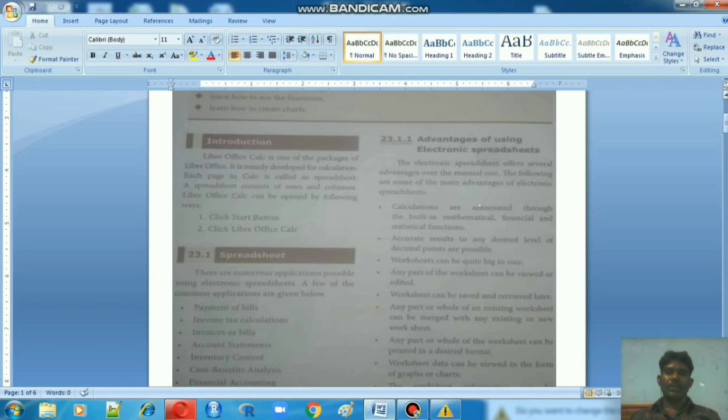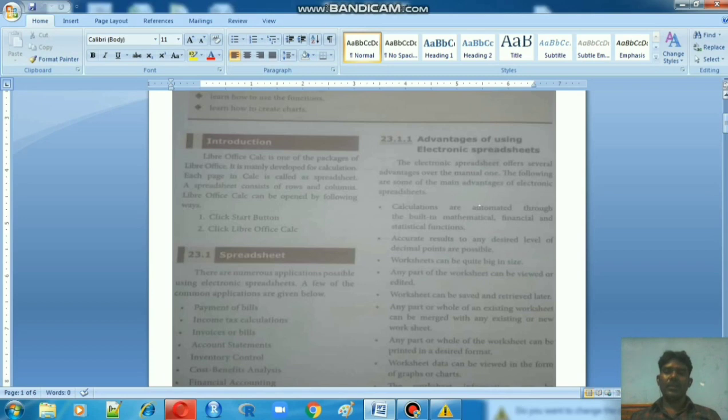It is the same kind of software, but some little bit is different, and that we are going to see in this chapter. It is one of the office packages. MS Office is one software, and in the same way LibreOffice is another office software. That software we have to discuss, LibreOffice Calc.